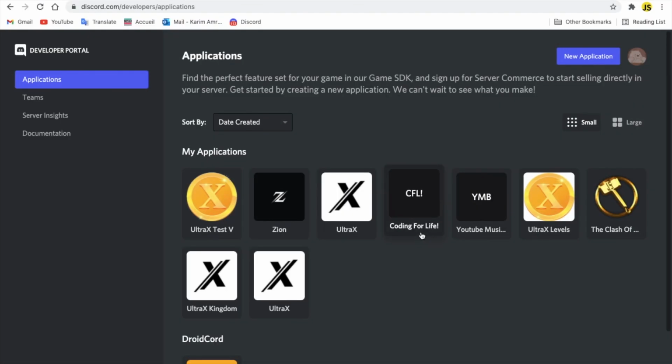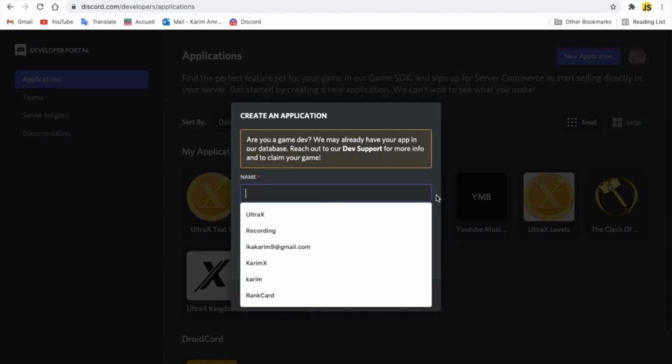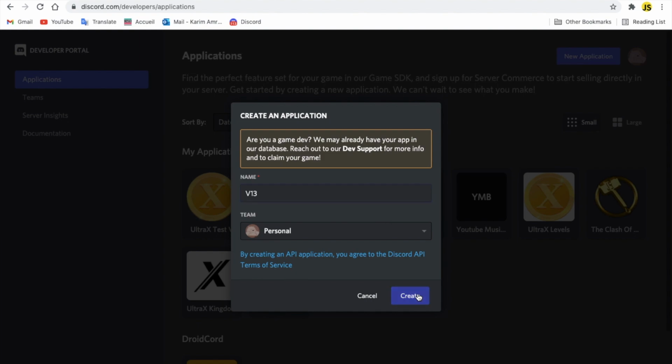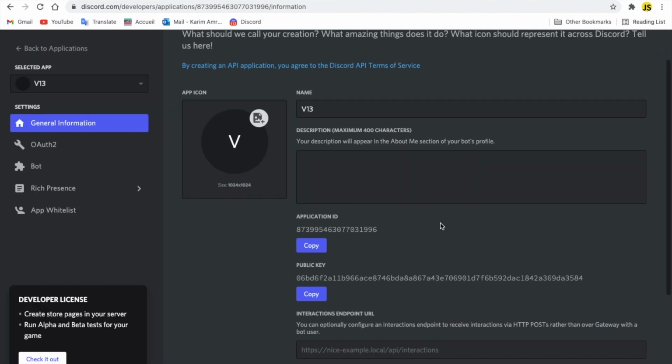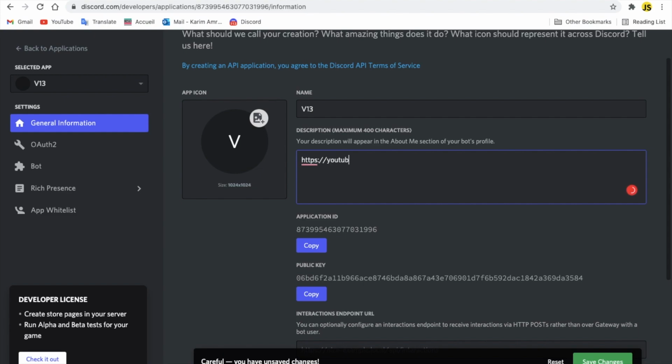Alright, so as you can see, I'm at the developer portal. So let me create a new application and let's name it V13. Alright, and let's create. So let's put here anything like https youtube.com/UltraX1. Let's put discord.gg/UltraX. Alright, and tutorial bot. Alright,